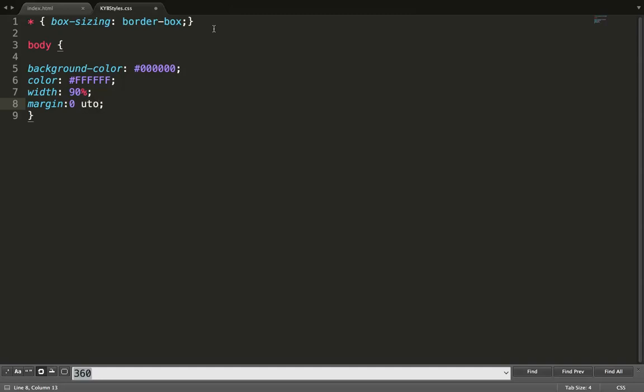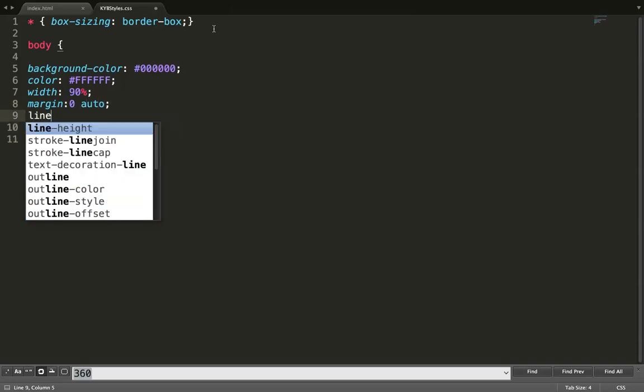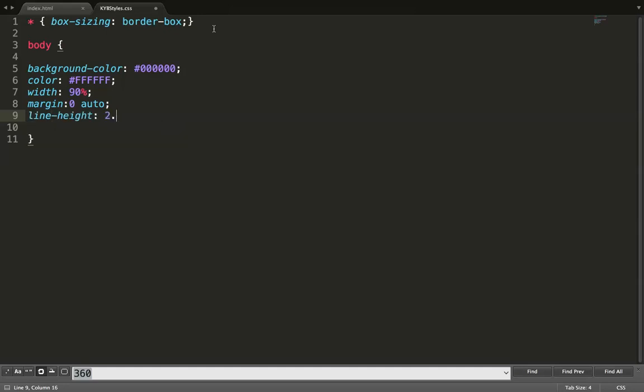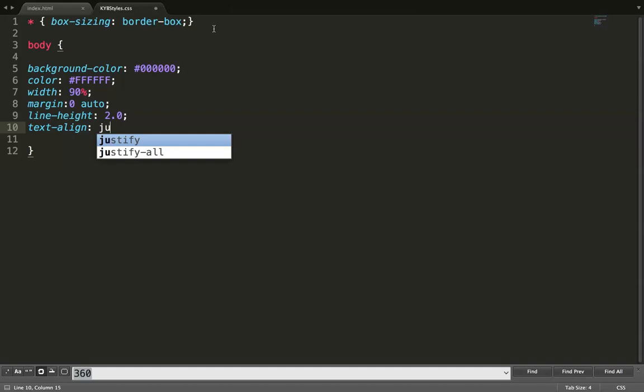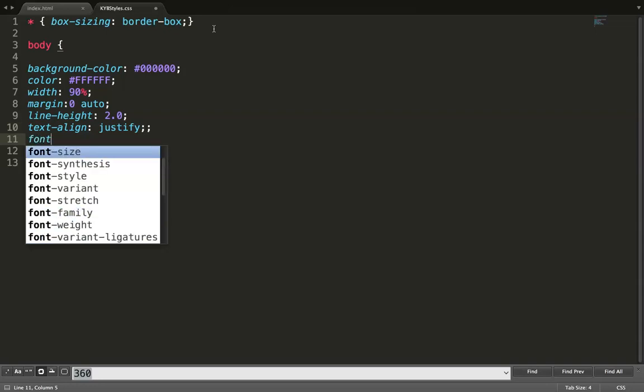Okay, good. Line height, let's use 2.0. Text align, justify, and font family,